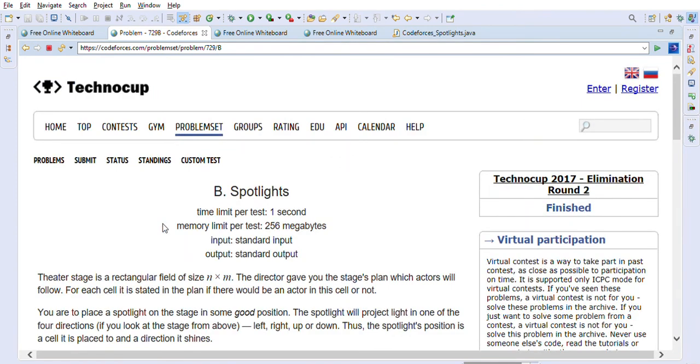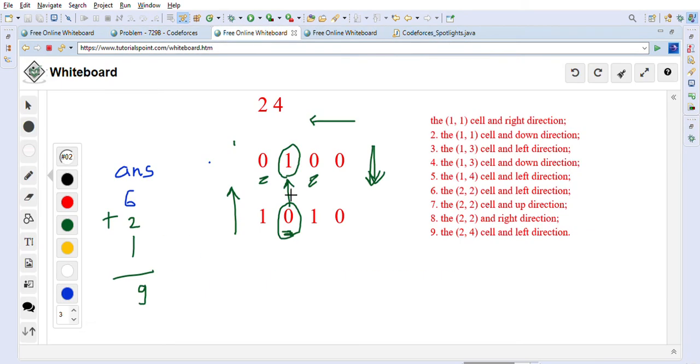So this is the way we can solve the spotlights problem with this logic that I explained with this example. So we will traverse rows from right to left and left to right. We will traverse columns from down to up and up to down.